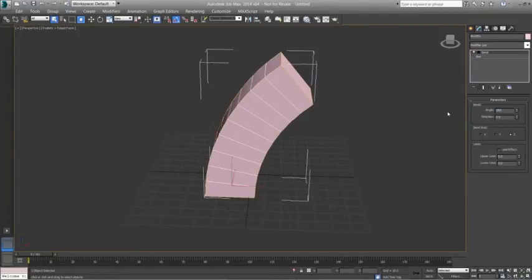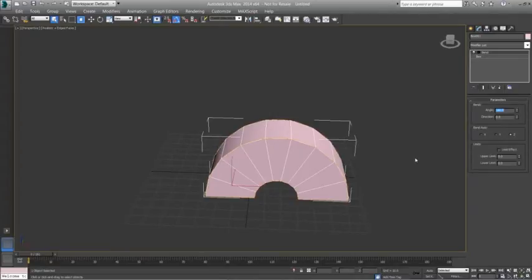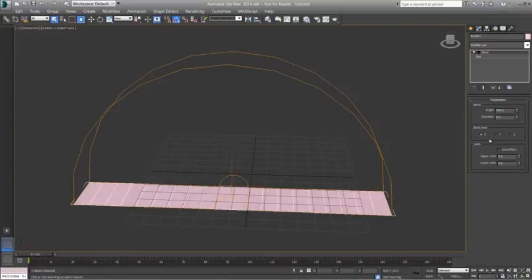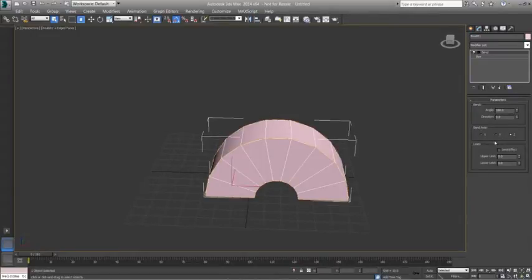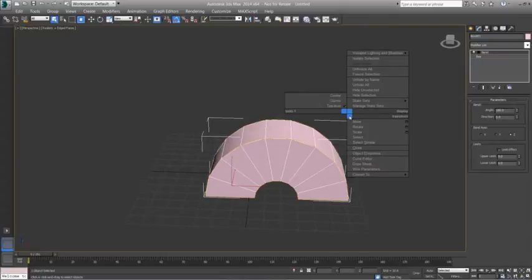I'll put an angle in here of 180 and bend that box into a complete arc. I can also change the bend axis. Here's X and Y. This may give me some odd results, as Z is the best axis to bend this on. Right-clicking on an object shows me a quad menu, and in this case, because I have the bend modifier